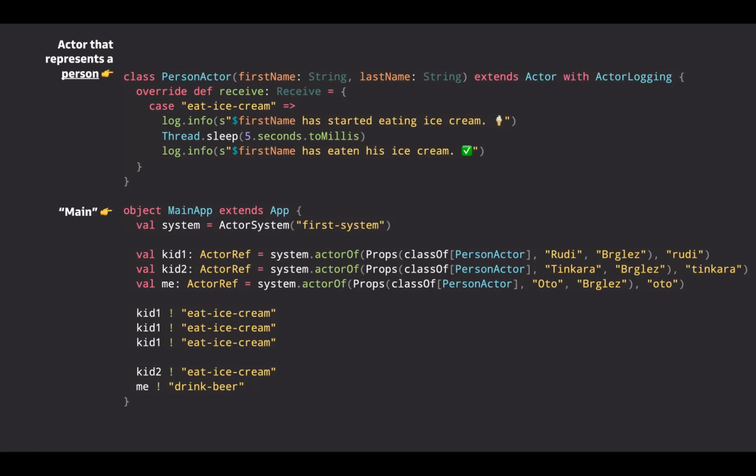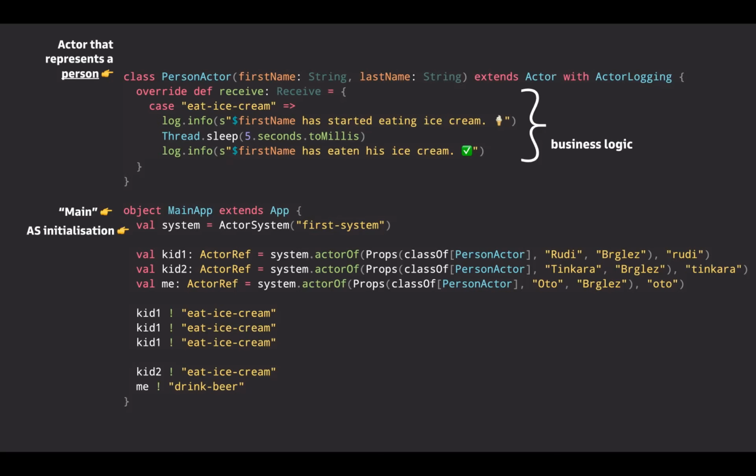The only thing that you need to do if you want to use an actor in Scala or in Akka is define the receive method. So whenever you write an actor, you essentially extend Actor and define the receive method. Then in this receive method, you define your business logic. This is the only place where the business logic should essentially live.